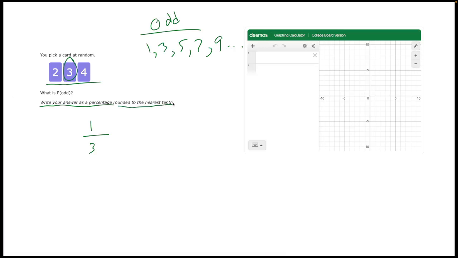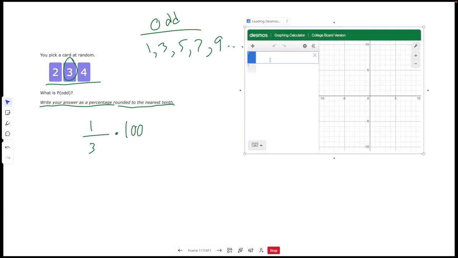How do you convert a fraction to a percentage? Well, you take this and you multiply by 100. Okay, so you take 1/3. I'm gonna go to my calculator over here. Take your 1/3 and you multiply by 100, which is giving me